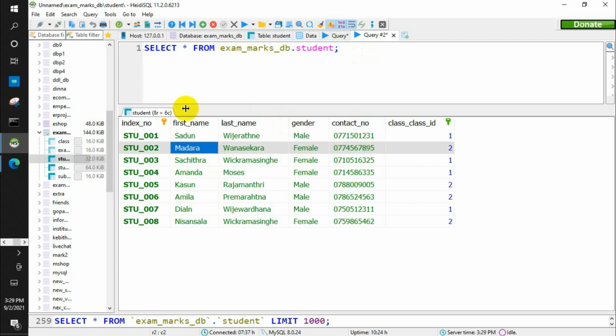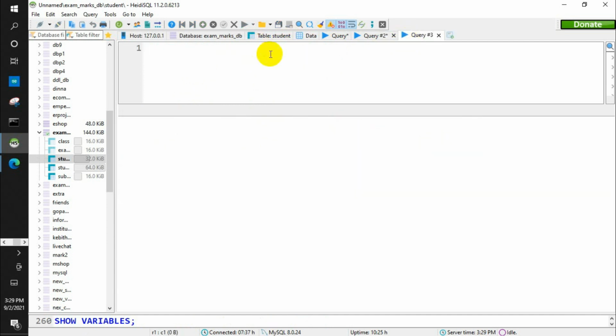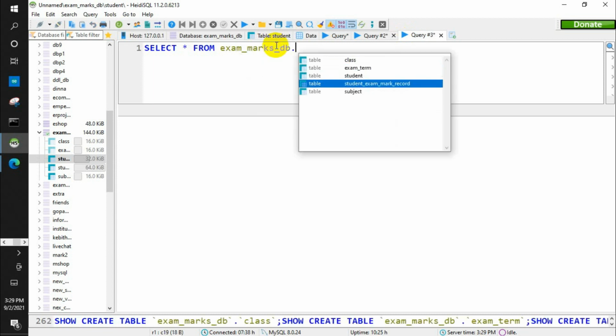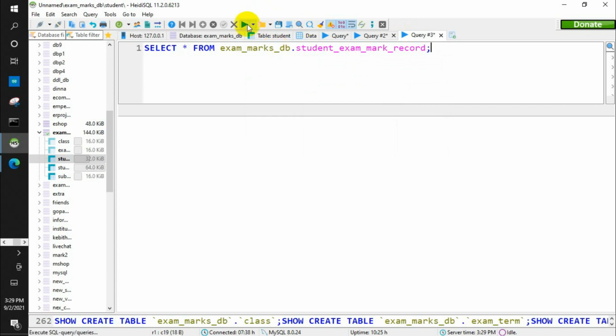Now we must filter to get this answer, the student who got the lowest mark for the single subject for the first term. First we'll do a simple filter. So I am going to select all from exam_marks_db dot the student marks table.